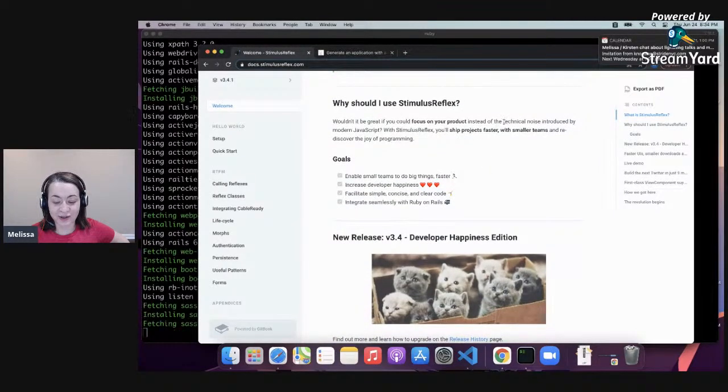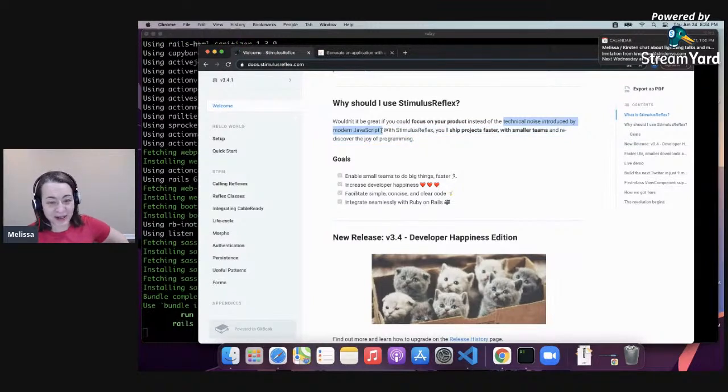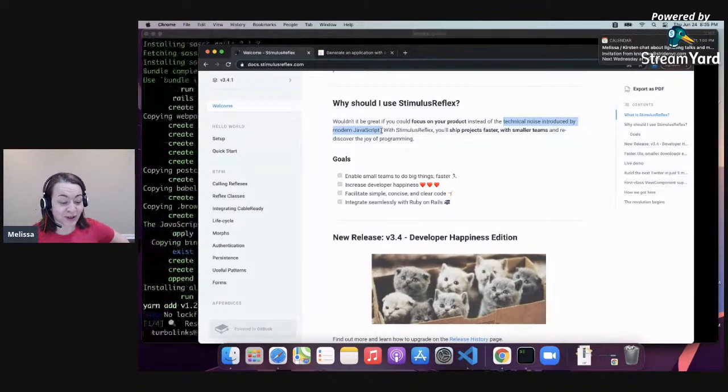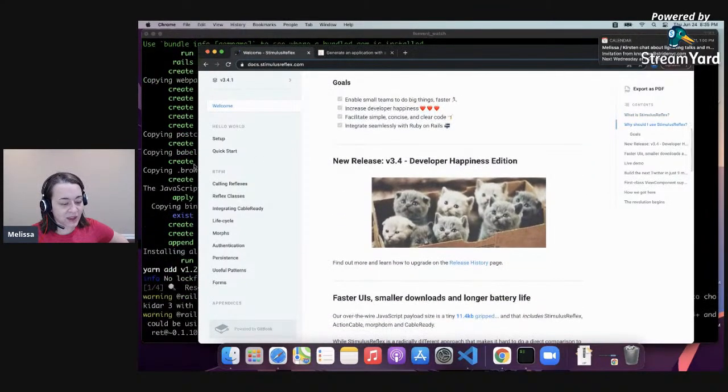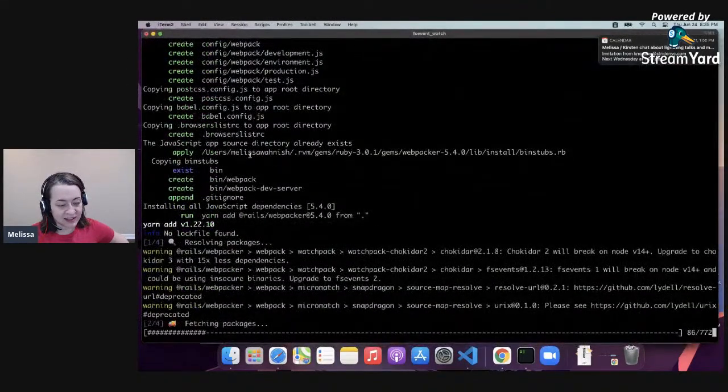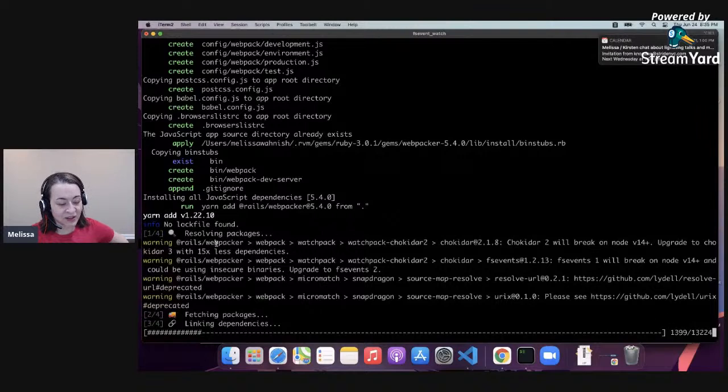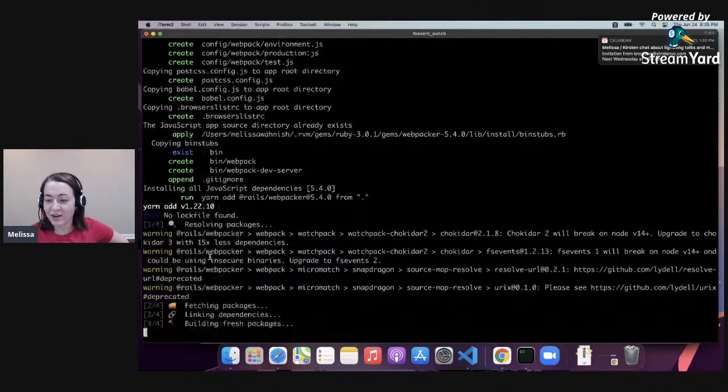They're calling it technical noise introduced by modern JavaScript, right? So this is very opinionated, right? It's the reaction against React, as we're calling it Reflex. So I think it's doing some of this. It's installing Webpacker. So it's doing some of the JavaScript stuff and the yarn. Because Rails knows, hello, it says,